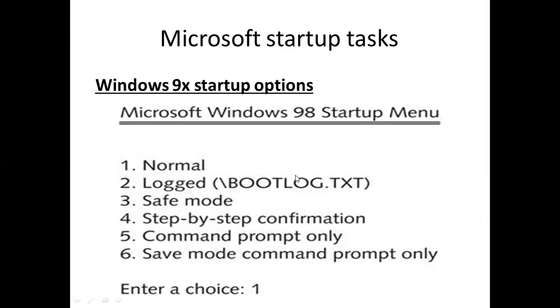If you are not at all aware of this, if you have never seen Windows 98, my suggestion is you go to YouTube and check out Windows 98, how the screen is and how it operates. Because when I was studying in college, first year, second year, third year, a long time ago, this was the way it looked. The first page before going into the operating system is what we would see.